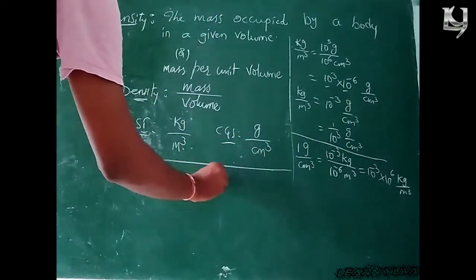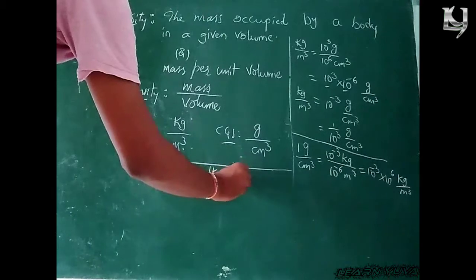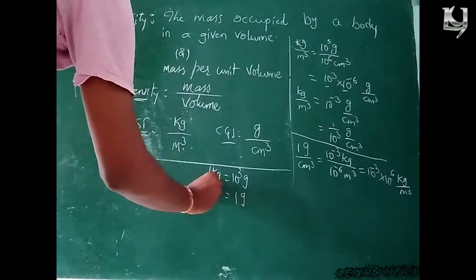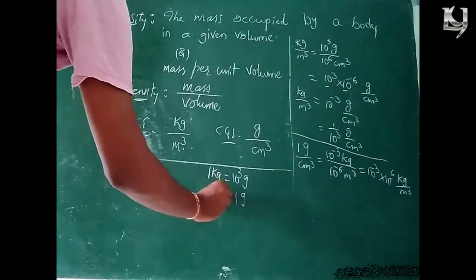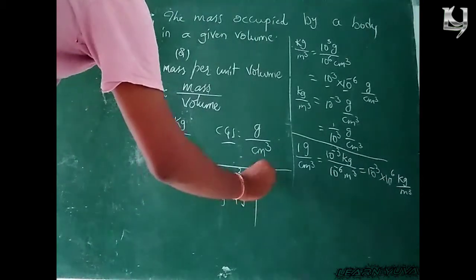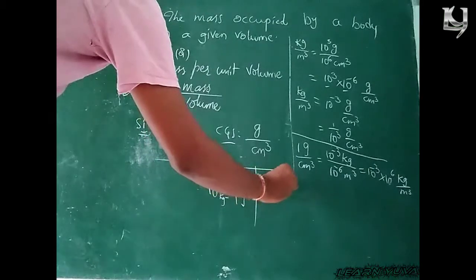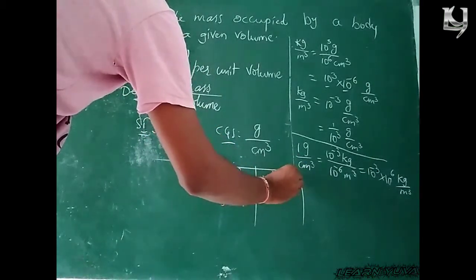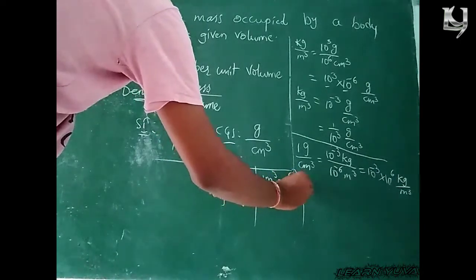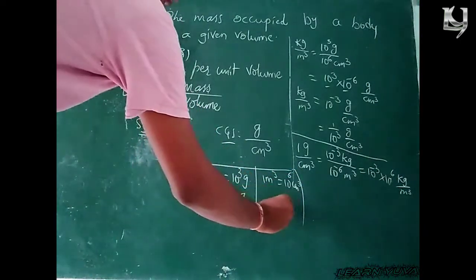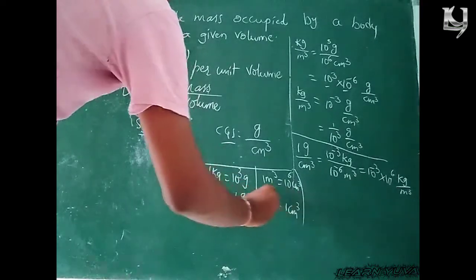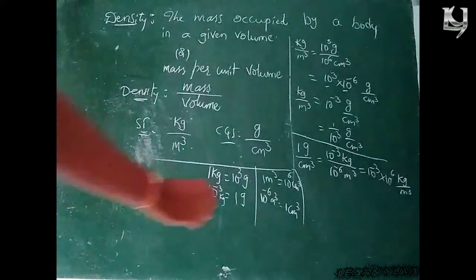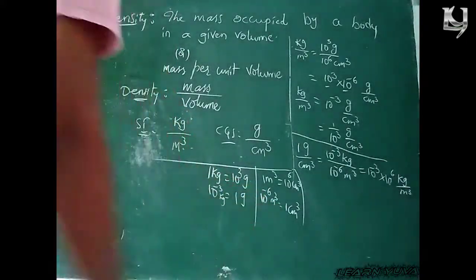1 kg is equal to 10 power 3 gram. Then 1 gram is equal to 10 power minus 3 kg. In the same way, 1 meter cube is equal to 10 power 6 centimeter cube. But 1 centimeter cube is equal to 10 power minus 6 meter cube. Reverse value. Okay, so based upon this,